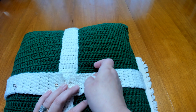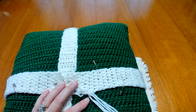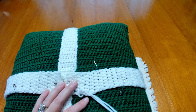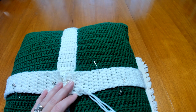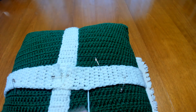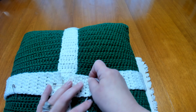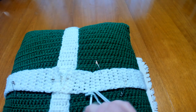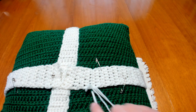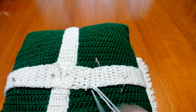All right, so I am going to leave you to it and just continue adding this ribbon all the way around the pillow as you did the other one. And when you are finished, we'll come back and work on the bow and assembling it. So you're just going to continue working this side all the way around. And when you come back,